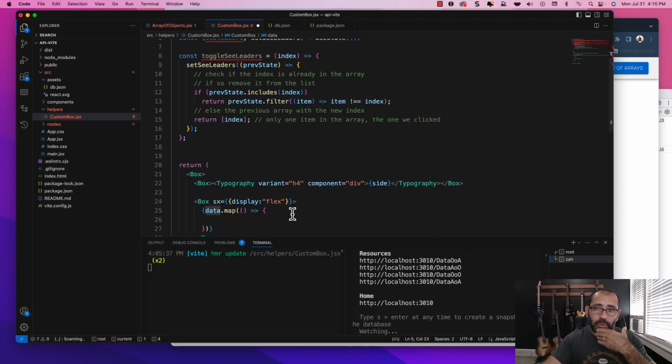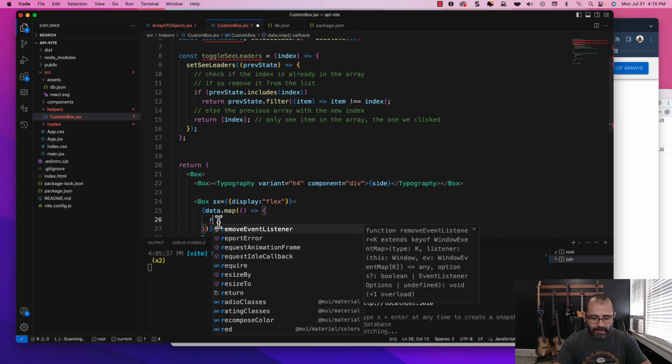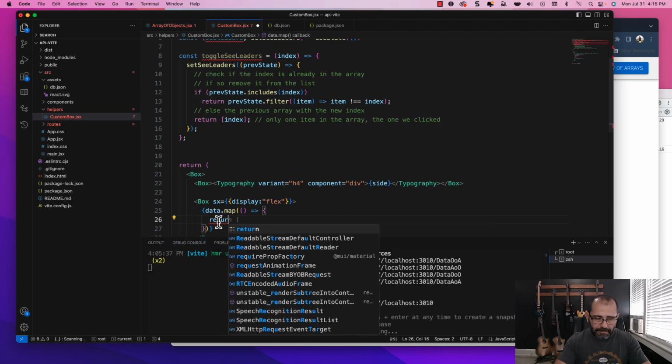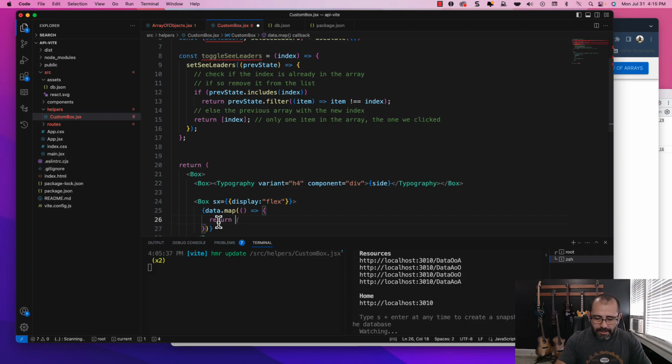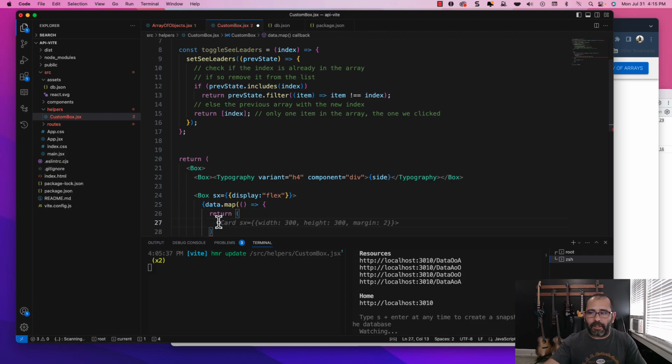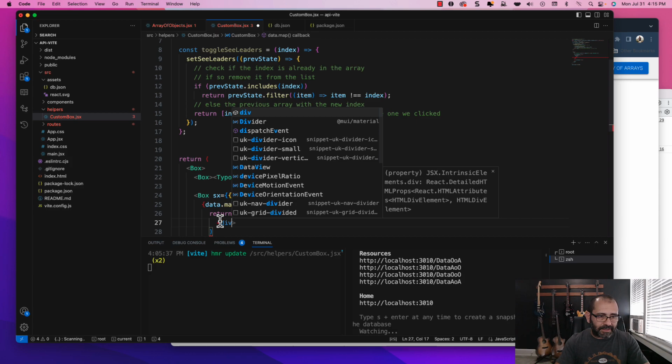And that's when it knows what to map. At this point right now, because I haven't attached any actual data from anywhere else, it's nothing. It means nothing, but it will work eventually, obviously. So I am going to map, and then I am going to have something to return, because I am using curly brackets. I am going to return, and then on the return, obviously I have to have a div first